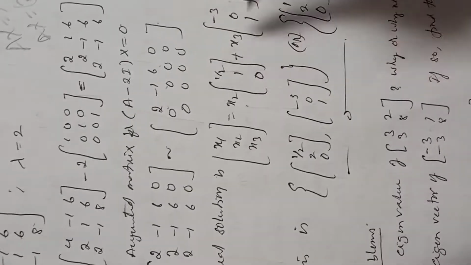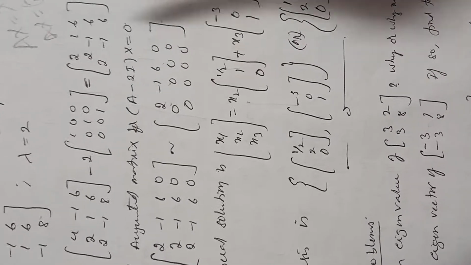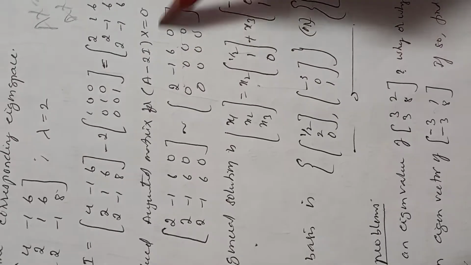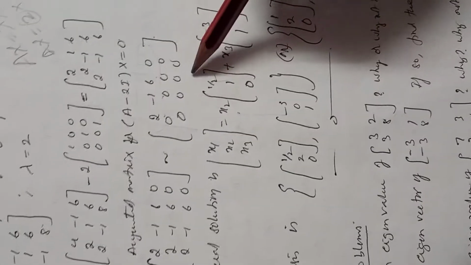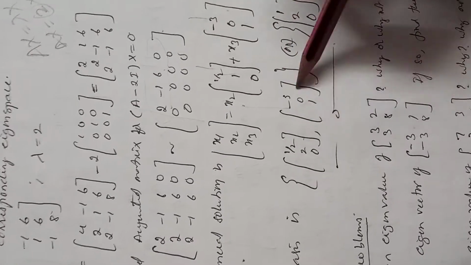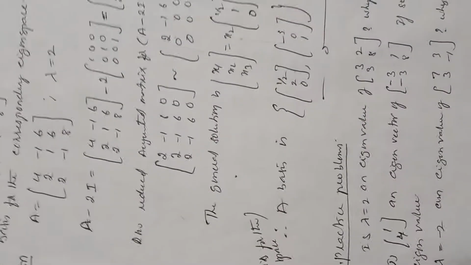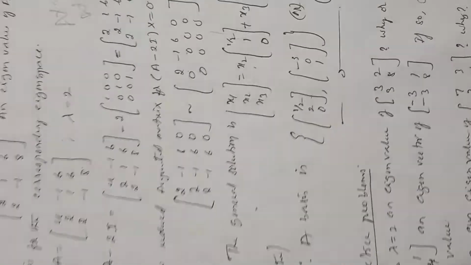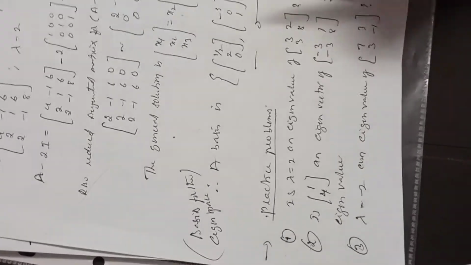That's why we write (x1, x2, x3) as a sum of two vectors using this concept, from the first row. Now, the basis of the null space is always these columns, these columns we have to collect. These are the vectors in the basis of the null space of A. Right? Now see, these are the problems. Try to solve these problems 1, 2 and 3.